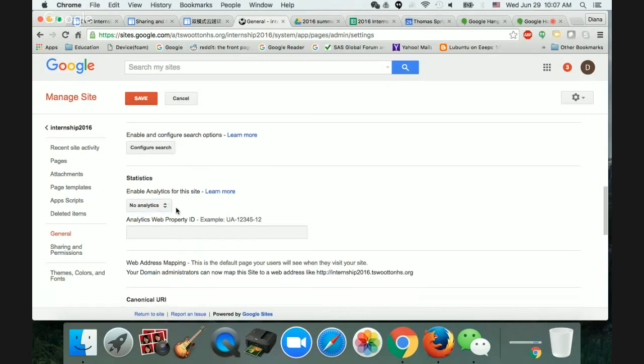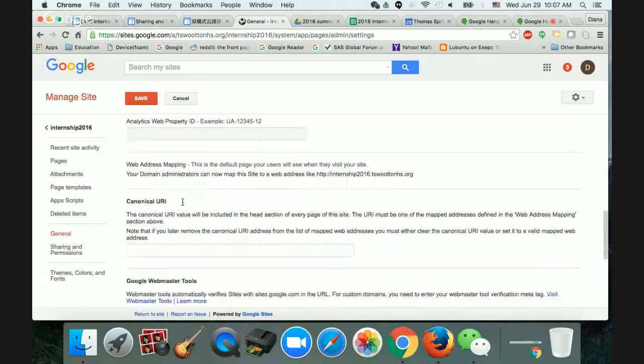Statistics: you can enable Google Analytics, and you can go there to see how many people visit your website, visit certain pages of your website, on what date, and which continent those people are from. You can get all that information. So for future reference, if you create a business and you want to get traction, a lot of eyeballs to come visit you, that's where you study your website to see if you're doing a very effective promotion, campaign or advertisement, okay? And then you go down,